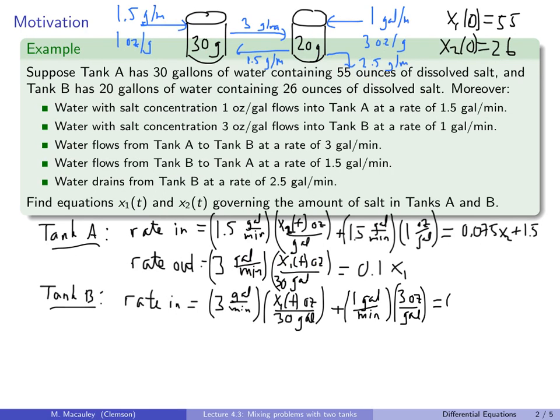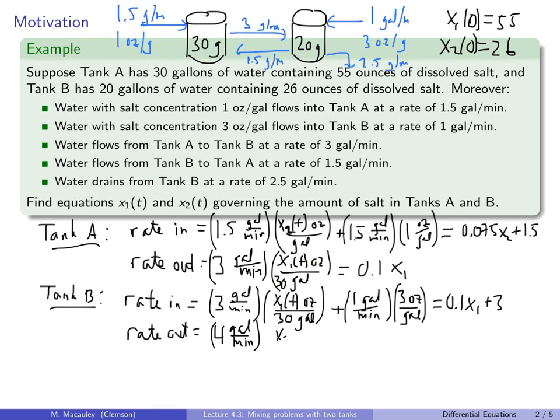And so we have 0.1 x1 plus 3. And then the rate out of this, we could do this separately, 1.5 this way and 2.5 this way, but it doesn't really matter. When it's all said and done, we have 4 gallons per minute that is leaving tank B. It doesn't matter if it's leaving from one pipe or from 2 pipes. The rate out is 4 gallons per minute